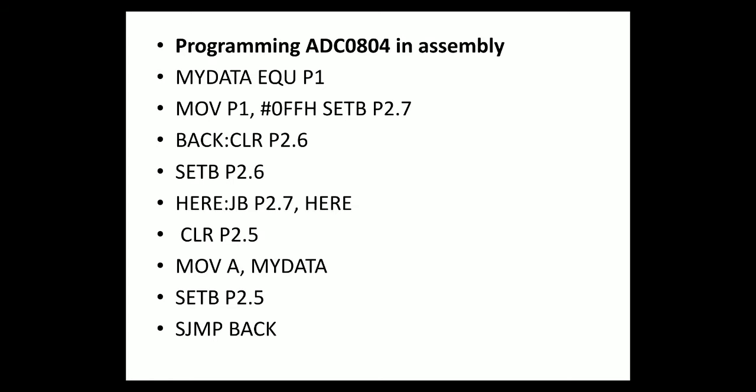So clear that RD pin 2.5. Then move your data. Move A comma my data. My data is nothing but your port 1 copied to accumulator. And then you should set it back. RD has to be set back again. Without that you don't get the next data. The same previous data comes onto the accumulator. I don't want that. I want the next data. So therefore set B P2.5 and short jump back. This is a very simple fundamental, and that's why I write the program for ADCs also in simple assembly level